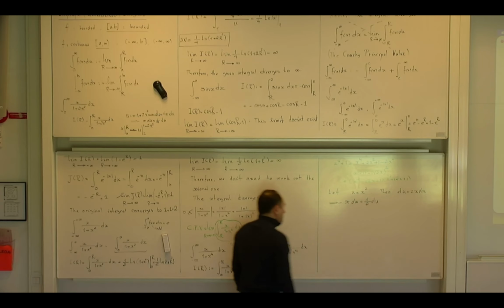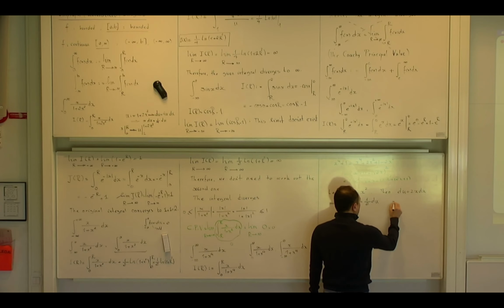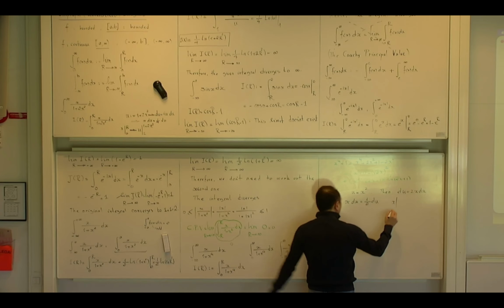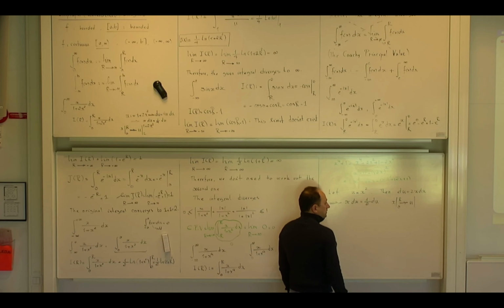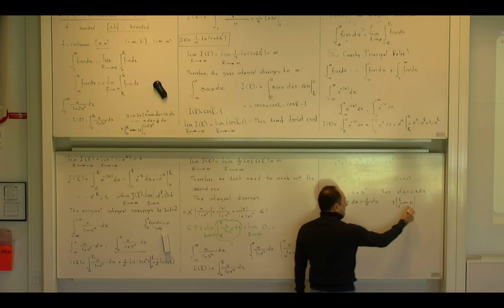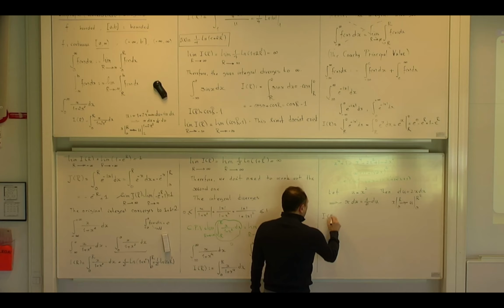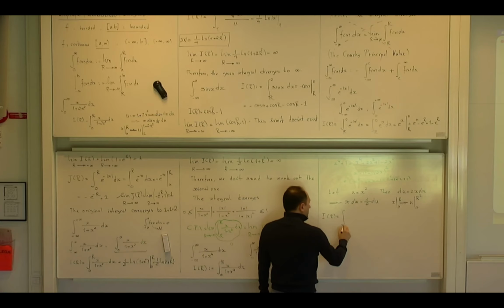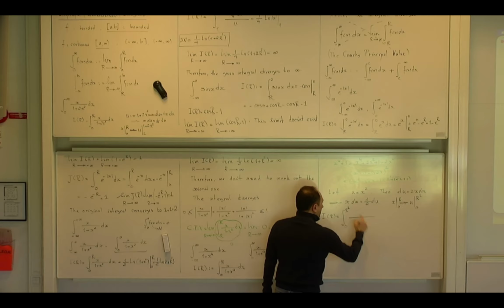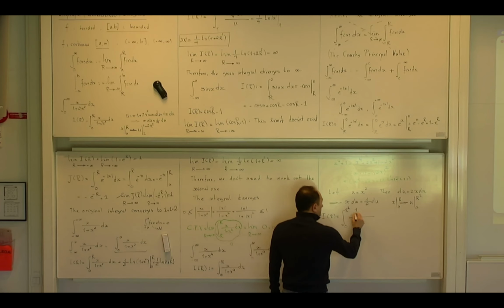And because this is a definite integral, I prefer to use the substitution rule for definite integrals, meaning that when x goes from 0 to r, my u goes from where to where? If x is 0, u is 0. If x is r, u is r squared. Yes? So this means that I of r becomes equal to the integral. Instead of going from 0 to r, I go from 0 to r squared now. Instead of x dx in the numerator, I put 1 over 2 du.